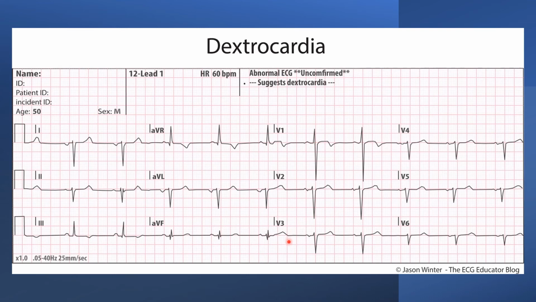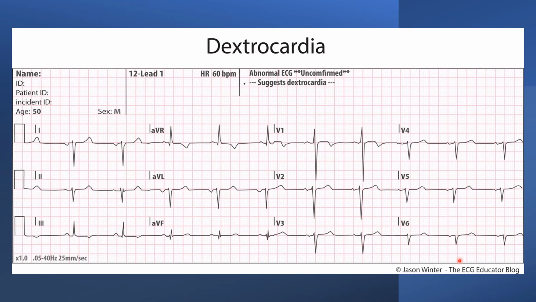And then from V3 to V6, you can see all these leads look like right-sided leads, where there is a very tiny R wave or almost no R wave at all, and just a big S wave on all these leads from V3 to V6. This is not the case in the ECG that you were given. You had a tall R wave in V1, and the R waves got a little smaller as you went across the precordium,